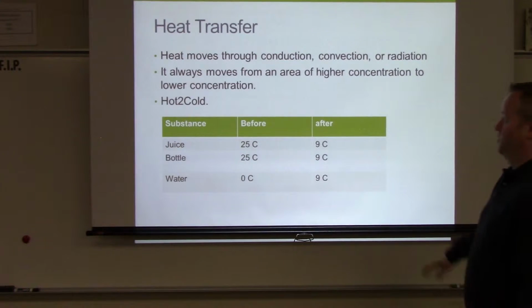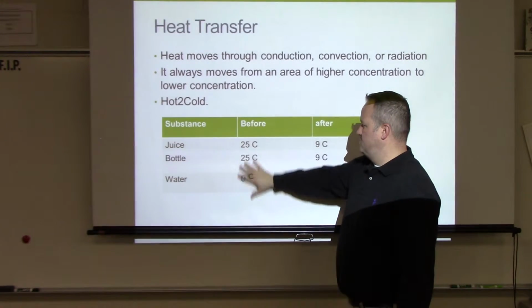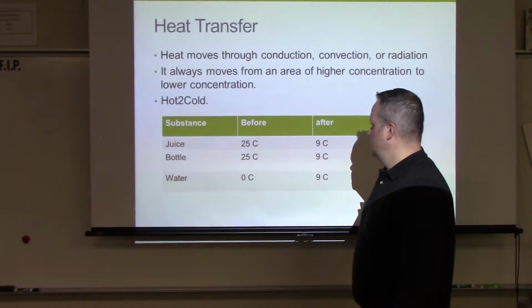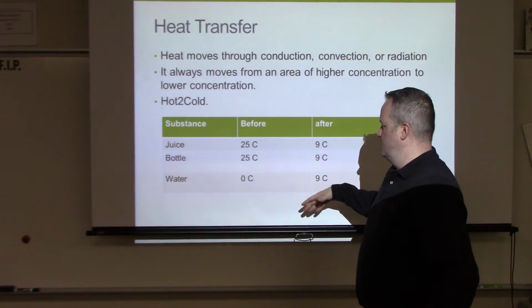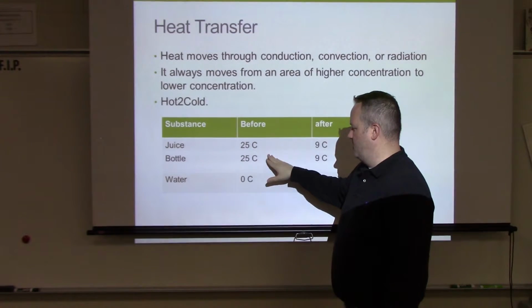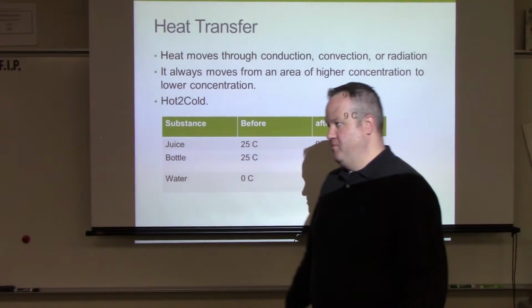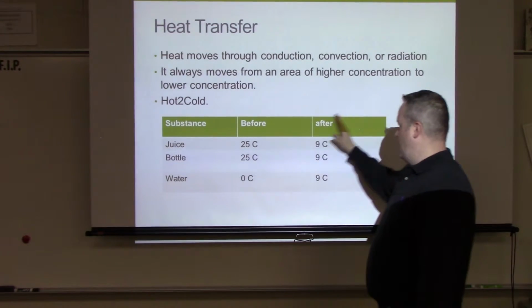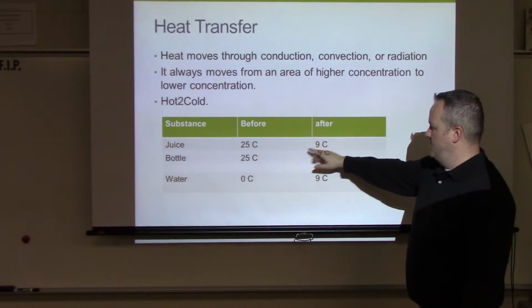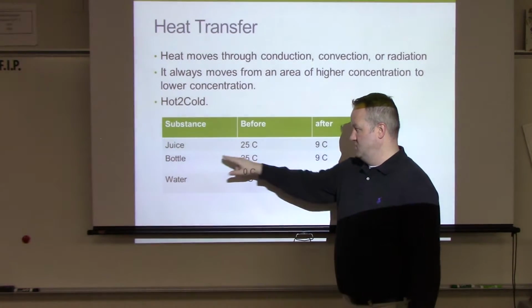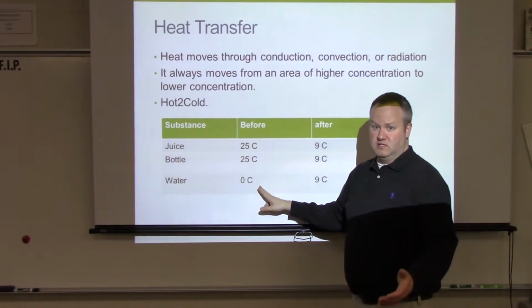Now here's an example. I have three substances here. I have juice, a bottle, and some water. So let's say I put the juice in the bottle and I put it in ice, in a cooler full of ice. Now over time, you start out with 25 degrees Celsius for the juice, 25 degrees Celsius for the bottle, and 0 degrees Celsius because that's the